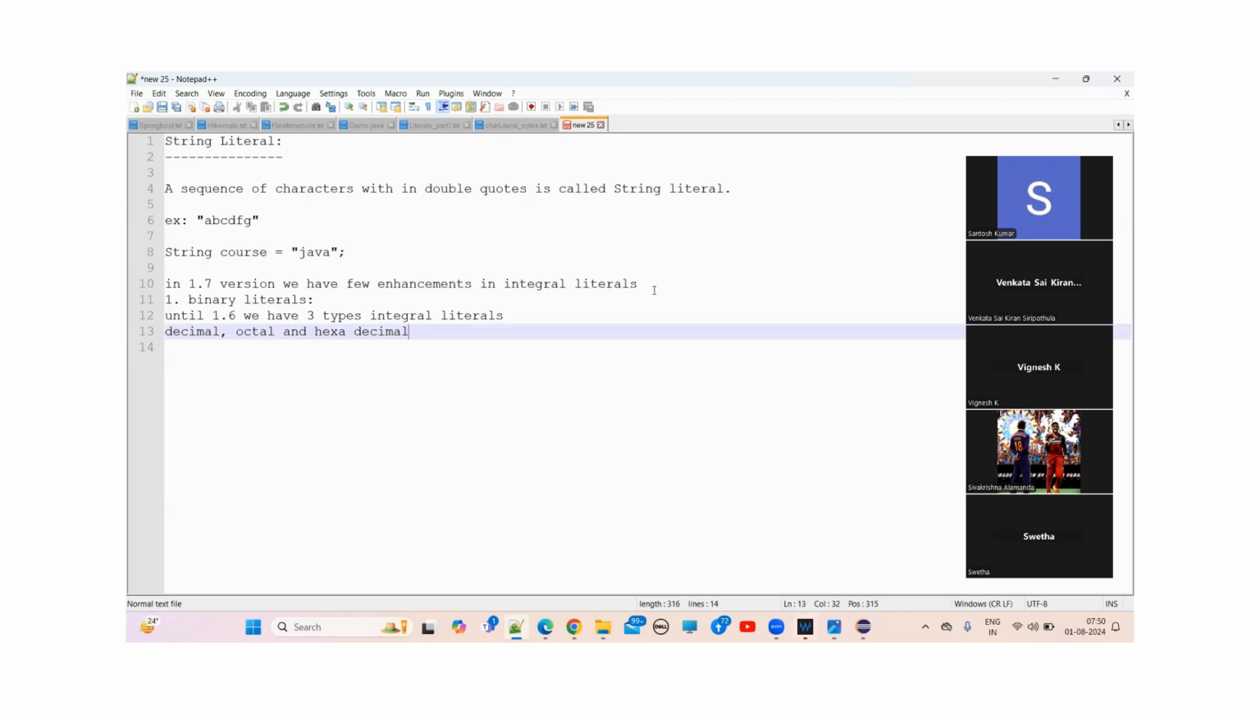Okay. So in order to assign a hexadecimal value, what is the syntax? You have to prefix with zero, either small x or capital X, so 0x. In the same way, for the literal value in binary form,